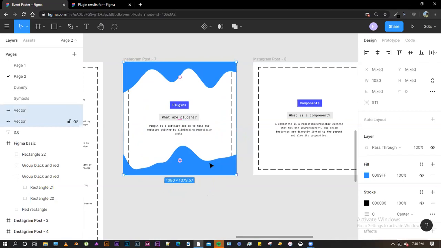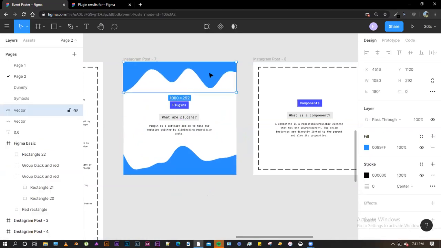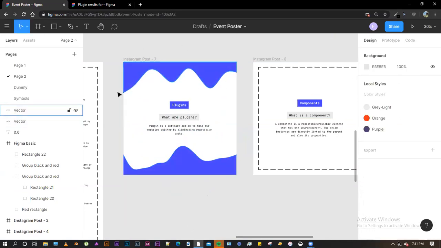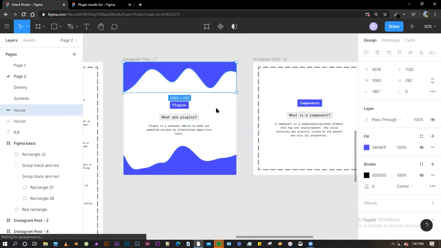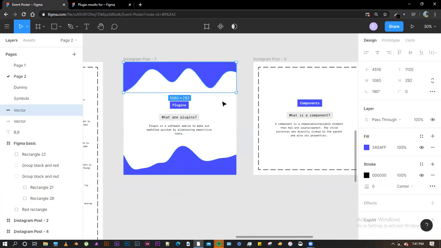So I have created two waves, and now if I delete this frame, click on this by holding shift, pick the eyedropper tool and click on this color. So this has a whole new feel to this page, and all I did was generate two shapes from a plugin, and this is what I have.